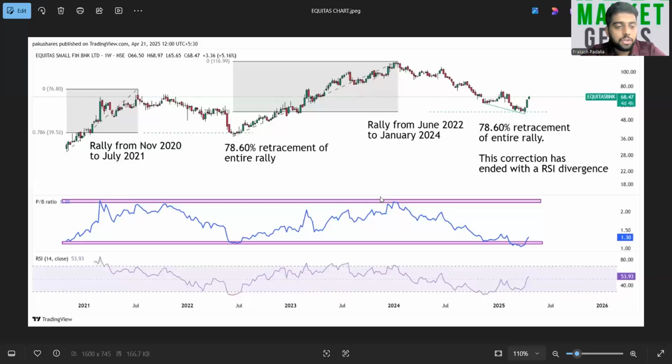Yeah, so the chart on your screen is a weekly chart. Now, if you go back to the listing days of the stock, listed in November 2020, the stock listed at 30 rupees, and from November 2020 to June 2021, approximately 8 months, the stock rallied from rupees 30 to 76.8. So this was the first rally in the first 8 months of the listing. After that, a corrective mode started in the stock, and eventually the stock bottomed out somewhere around June 2022 at